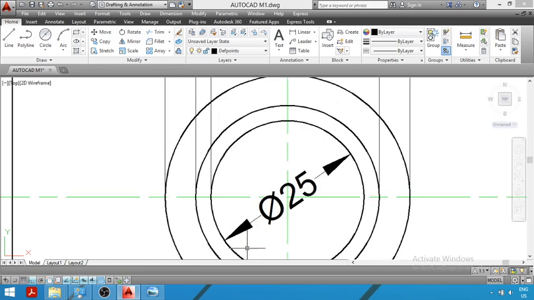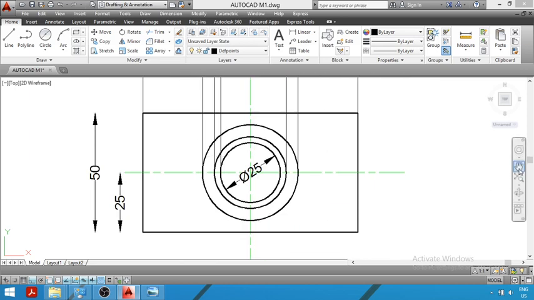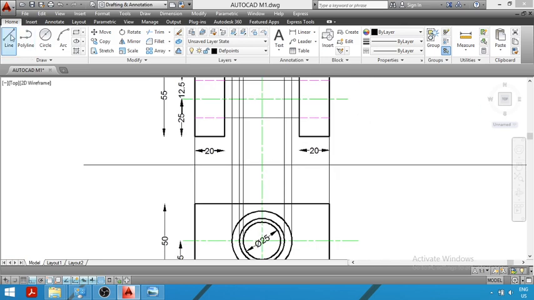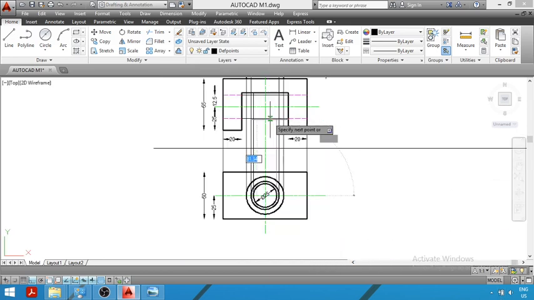So what we have done, we have taken the end point of this circle which is of diameter 25 mm. Take this end point, one on the left hand side and one on the right hand side, and project them in the front view by drawing this vertical construction line. This is construction line, so it should be light. Similarly, from the point on the right hand side we will draw a vertical construction line till this surface. You can see this is my surface. When you draw the construction lines from these two endpoints, you have to draw only till this lower surface.